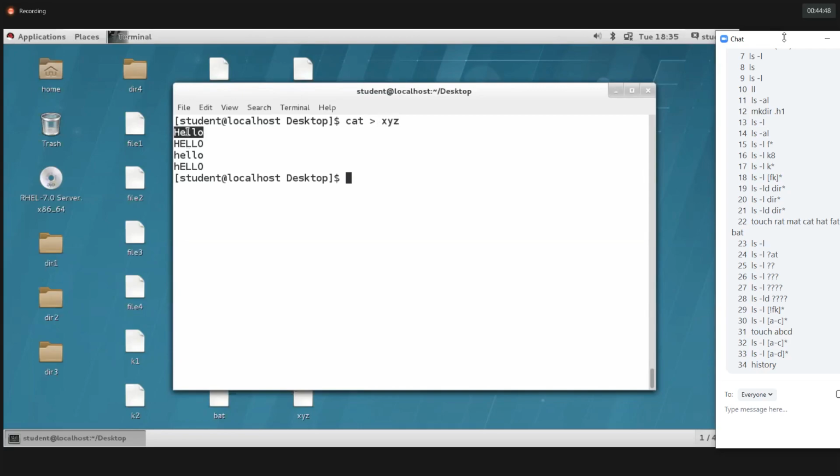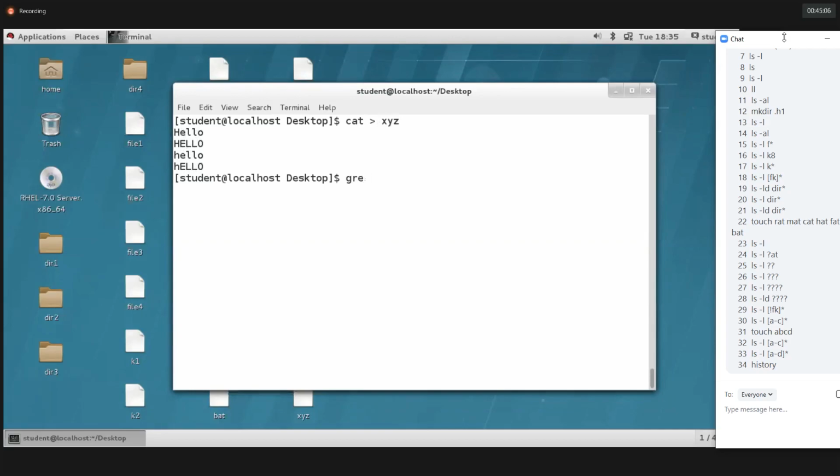So uppercase letters, that means capital letters and small letters, and first letter capital with the remaining small, and first letter small with the remaining capitals, we'll have these. I need to filter this word from this file using the grep command. So let's see here. grep hyphen i is an option, guys.